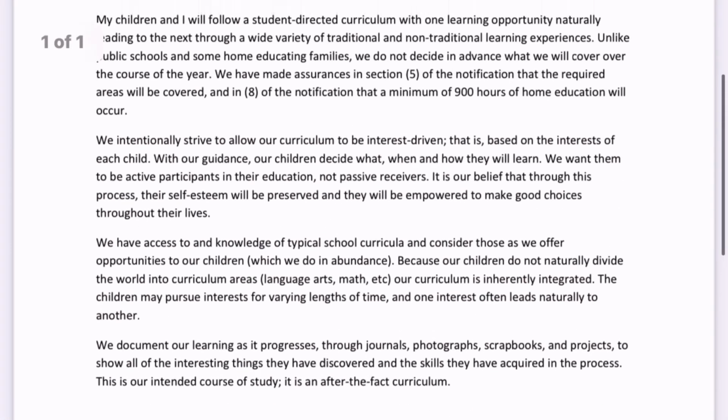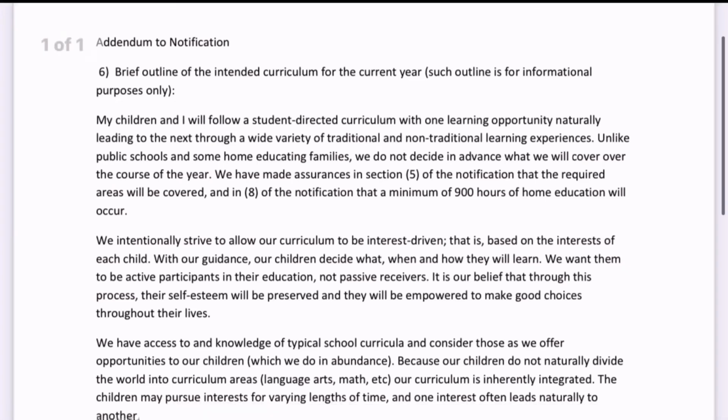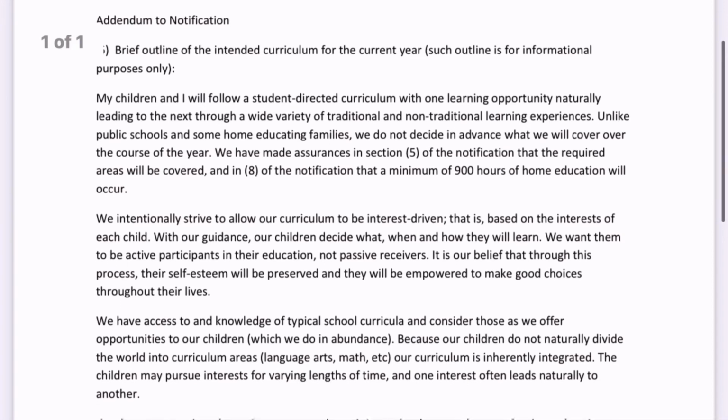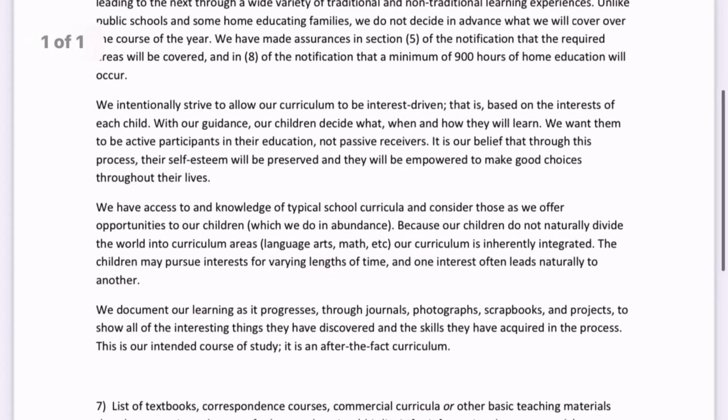They list ways that they're going to be teaching these things through library books, you might say, or educational videos, worksheets, outside learning. You could use cooking, building, Legos, Minecraft. You could include that. But the most important thing is that this one does not actually say what curriculum they're using.